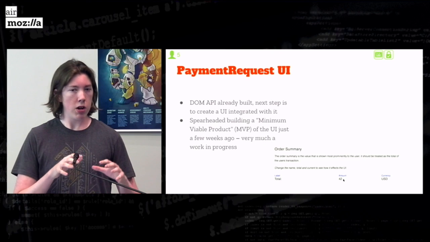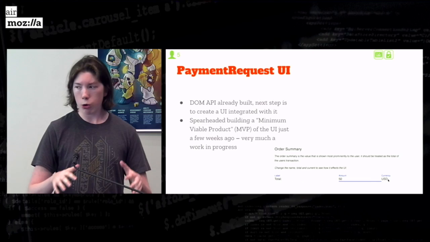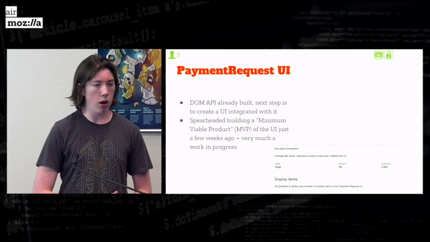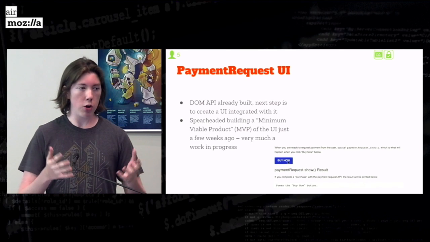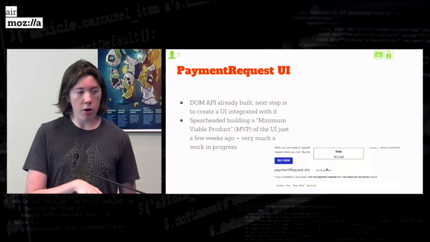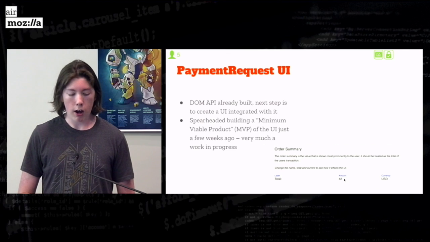So there's two main components in that web payments project. There's the DOM API, which is more the core C++, getting the states and following the specs. But the second part, very important as well, is the UI. You want to show something to the user in the end. So the DOM API is already built, but the UI is not,